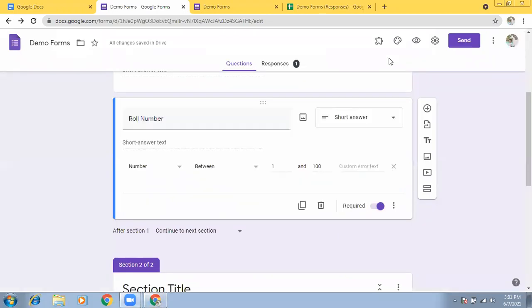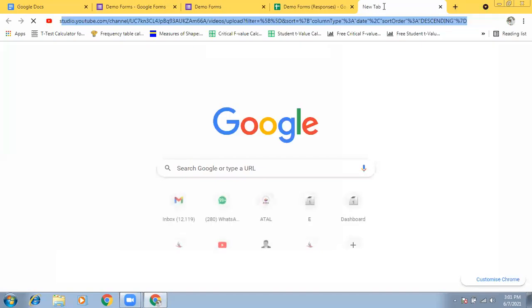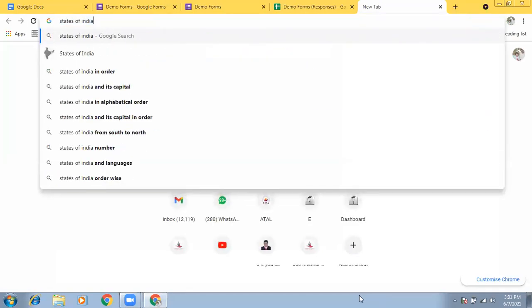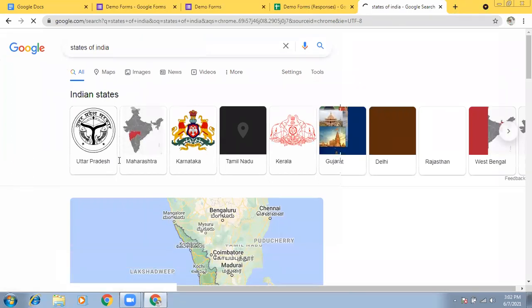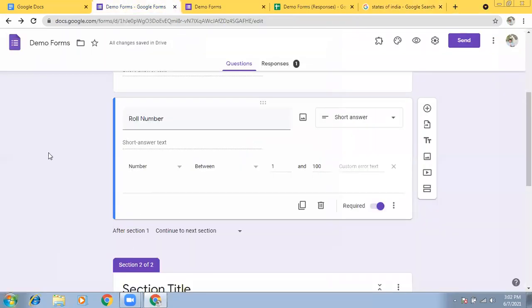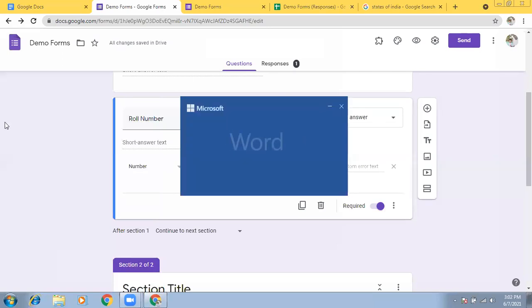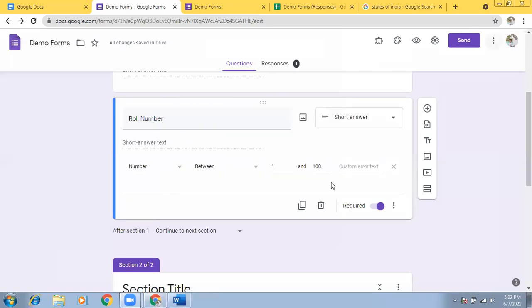Thank you. Sir, one more query, sir. In the drop-down box, suppose we are asking the information of a student, like which state you belong to. So all the states are displayed automatically. How will we generate that? What you do is you just copy the states of India, then you can paste it into the drop down. So here I'll show you. Any other queries? We'll move to the other features.